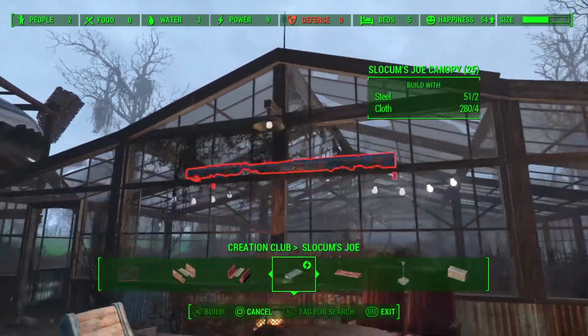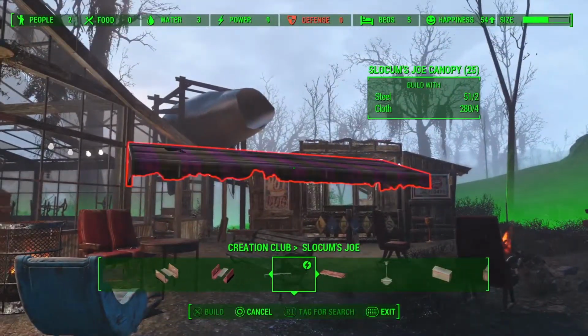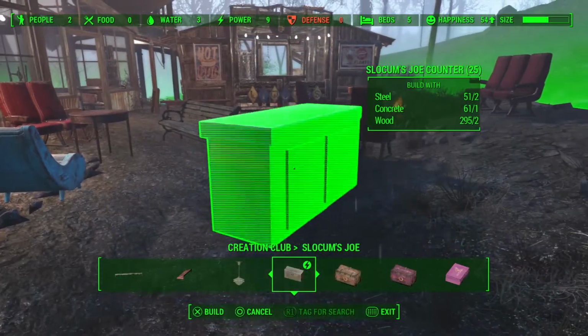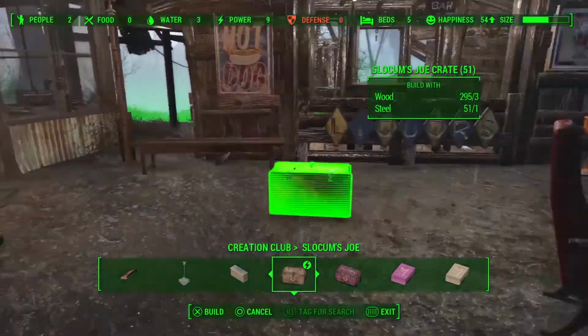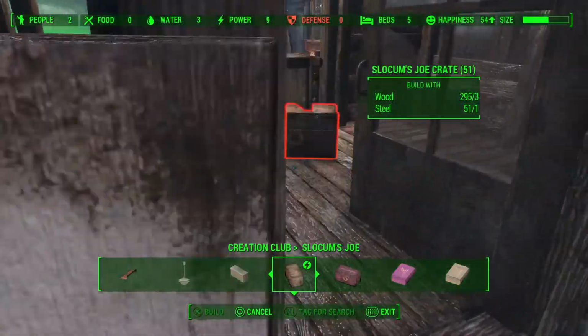Problem with these structures is nothing clings onto them. It's a pain in the ass. So you get lovely canopies. You get nice Slocum Joe's ceiling lights. You get nice counters. There's a counter, and there's a counter that's got a till attached to it a little bit later on. You get these crates and boxes, which you can